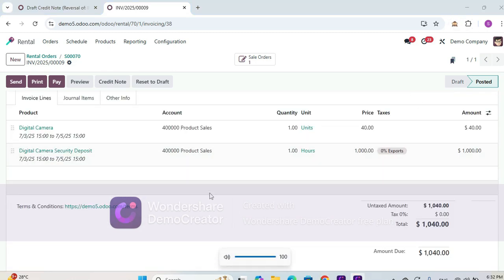Now the invoice is created. So there is one step here: refund the deposit. Now it is time to return the rental product. If an invoice is created and the customer has used the product, then the customer has to return that product after the rental period ends. Let's say the camera was returned on time and in good condition, and